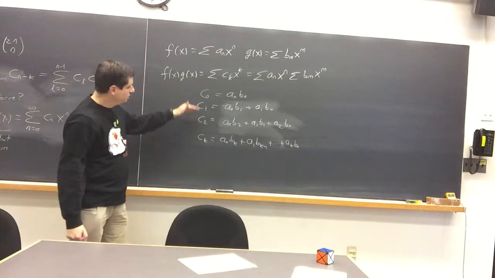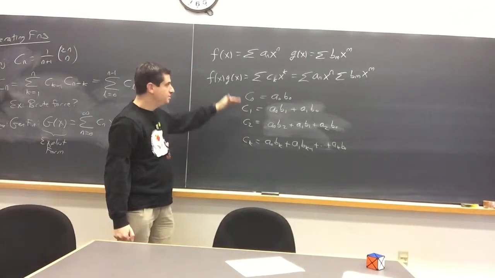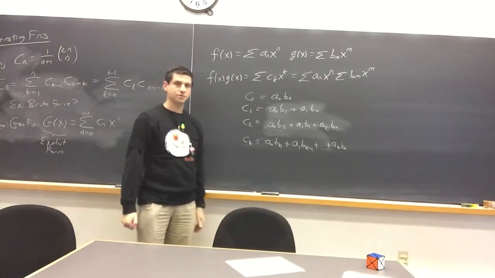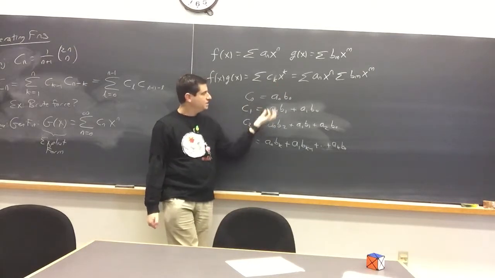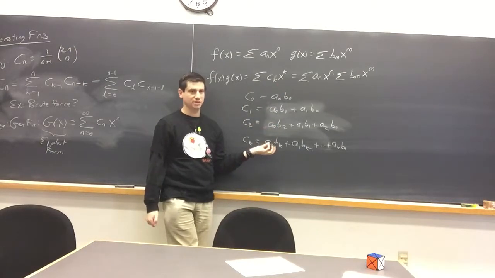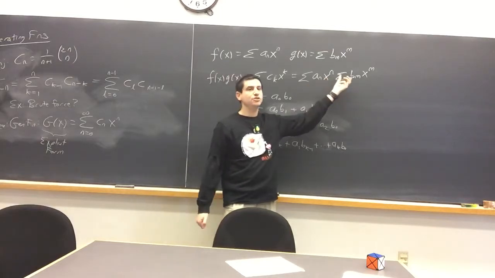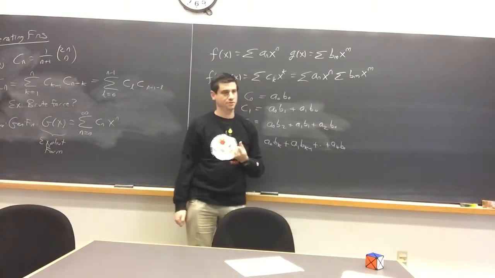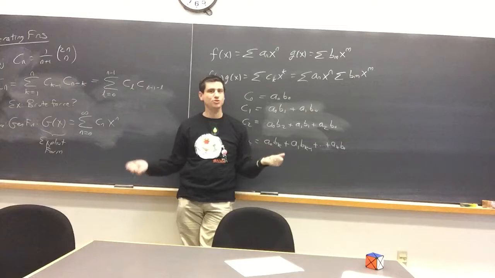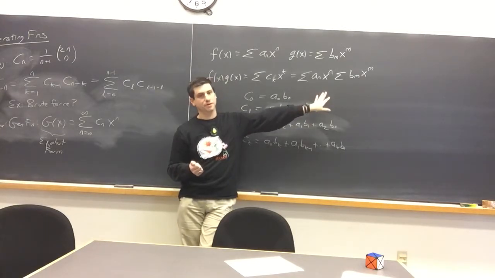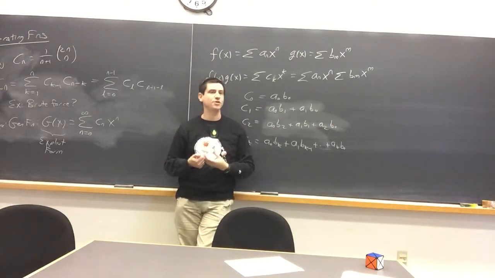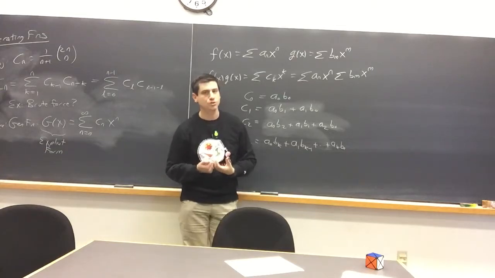So these are relations for the c's in terms of the a's and the b's. The question is, when would this converge? Well, if the a's and the b's aren't growing too rapidly, if I choose x to be sufficiently small, this will hopefully converge. This is where you try to remember some results from Calc 3 or real analysis, where you've hopefully talked about series convergence. Or you just argue formally. And then later we can see that for all the stuff we're doing, things aren't growing too rapidly.